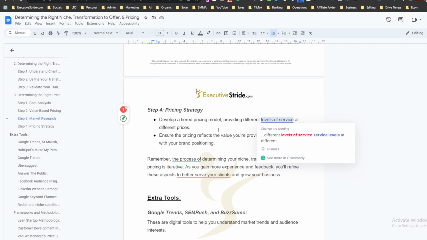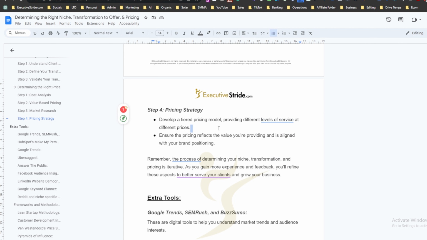providing different levels of service at different prices. Now, this is not necessary. This is just potential, like I said. And then ensure the pricing reflects the value you're providing and is aligned with your brand positioning. So ultimately, if you're just starting out, you don't need to have all these different tiered prices and all these different things. You can keep it very simple, but this whole thing of defining your niche, transformation, offer, price,